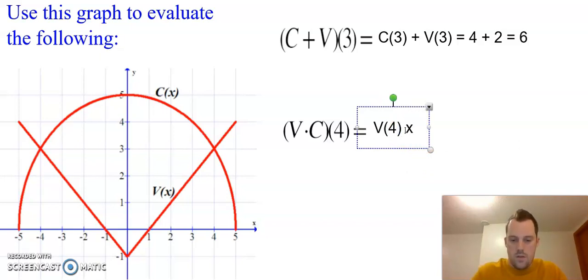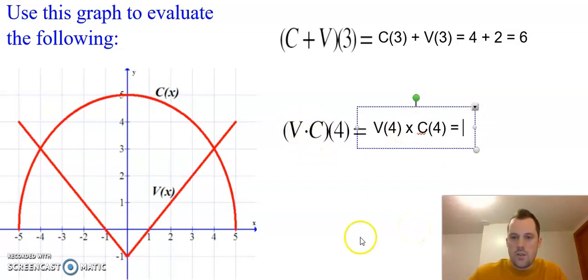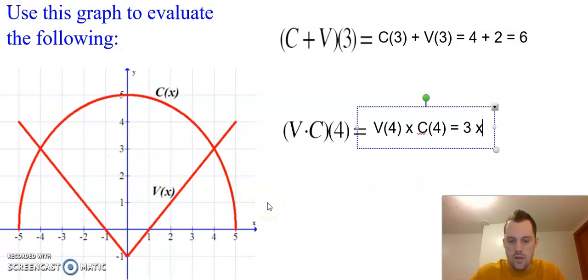times, again, I wouldn't write this x as times. I just can't type the dot like this here. So v of 4, so now our input is at 4, so we're going along this vertical line here. Well, they both happen to be at the same point with an output of 3, so it ends up being 3 times 3, which equals